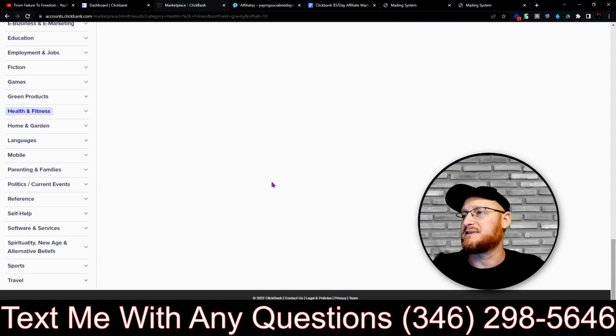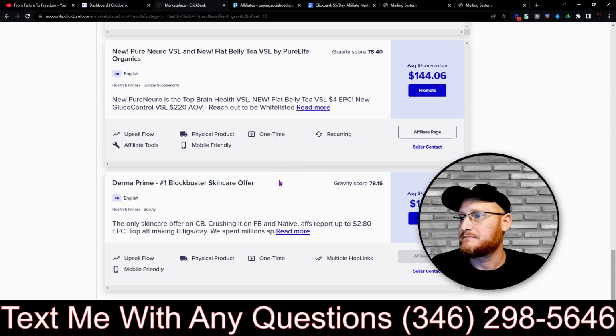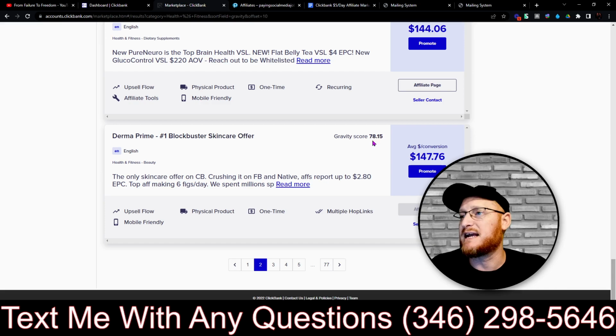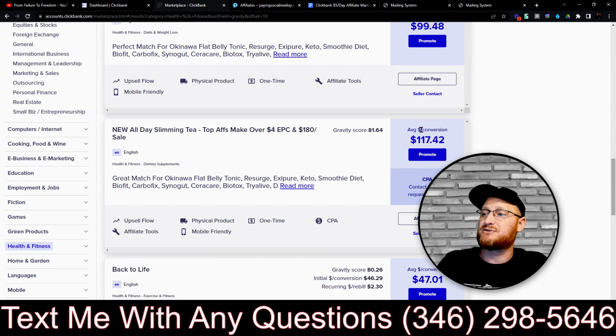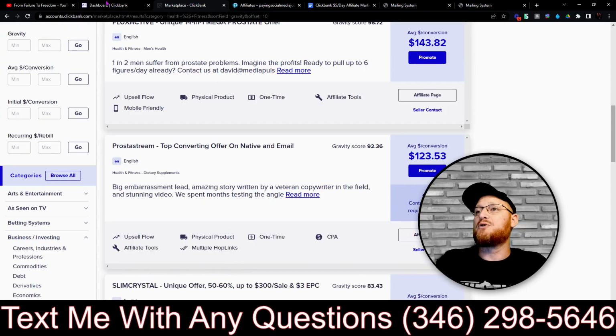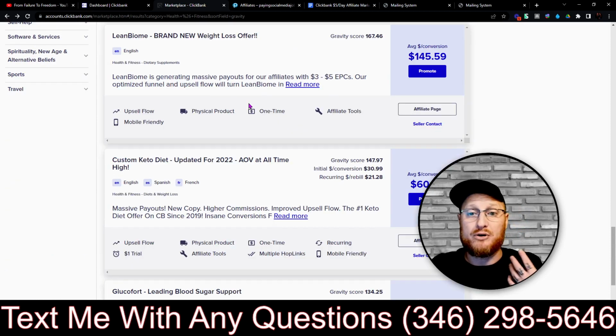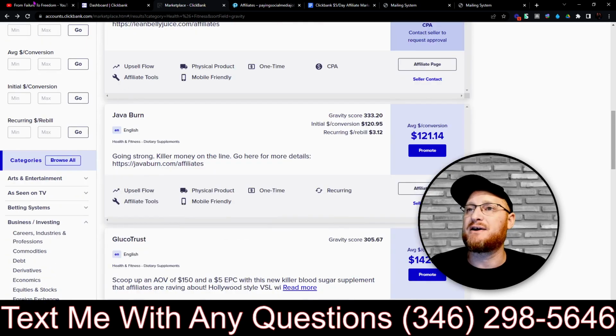Let's go into the second page and we'll take a look there. Even the lowest one on the second page has a 78 gravity score. So yeah, this is a great option. And look, the prices are a lot higher too. So we will move into that when. Maybe we'll take a poll. Maybe we'll do something like that and see where you guys want to go with it. If you guys want to jump over there right away, then we'll save up a little bit more leads and then we'll hop over there. We'll see how it goes. We'll play it by ear.